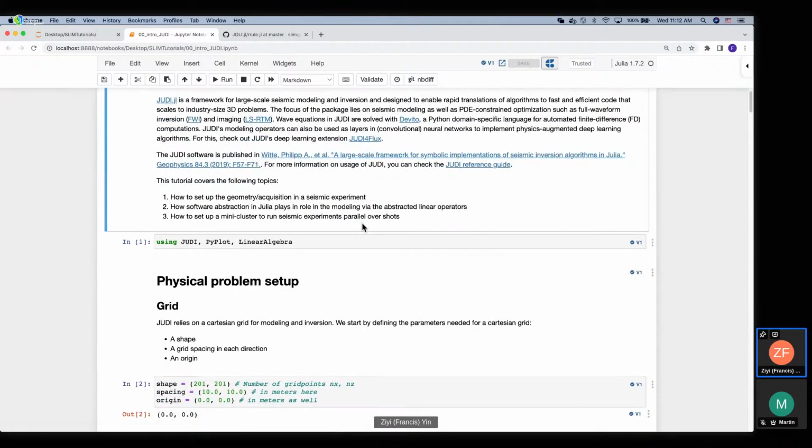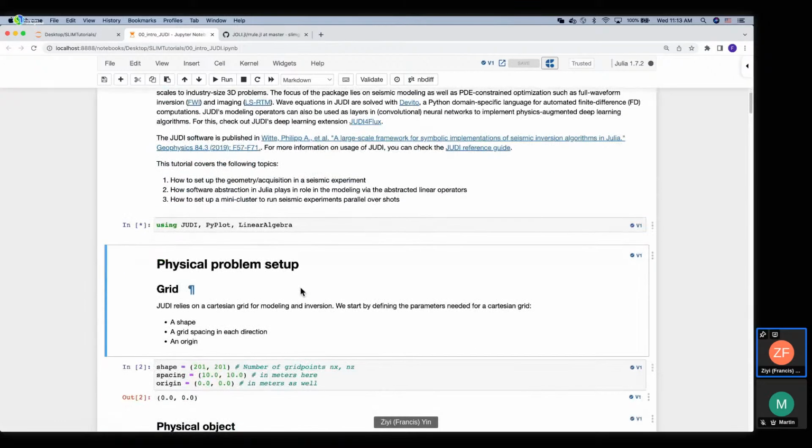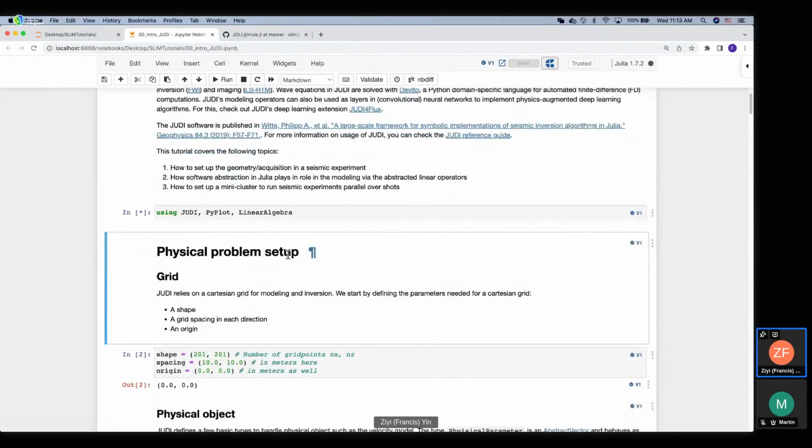So in this tutorial, I'll basically talk about how to set up these geometry acquisitions in a small seismic experiment, and how JUDI does these software abstractions so that you can write code in a very clean way. I'll also talk a little bit about the parallelization in Julia. We'll set up a mini cluster to run some of these experiments. So let's start by loading these packages and talk about the